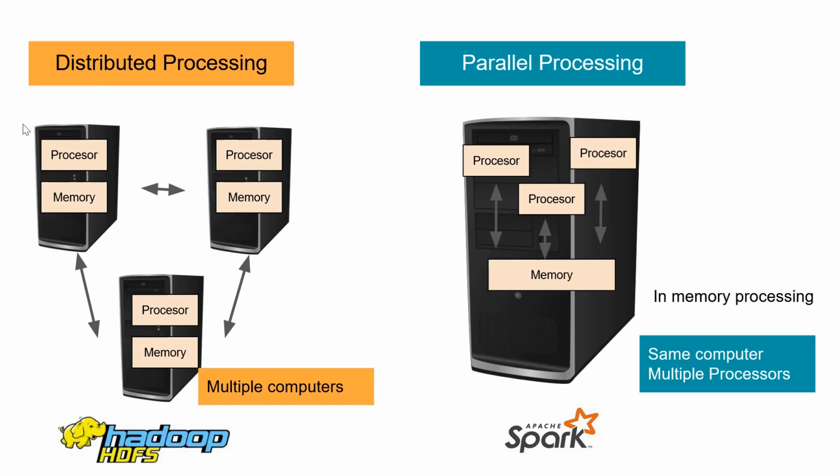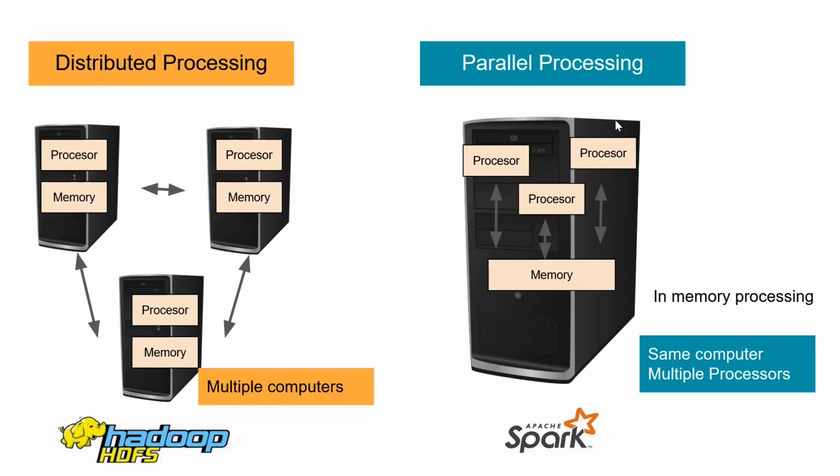If you give a task to a distributed processing application, it will divide that task among the multiple computers available on that cluster, and those computers will perform those tasks simultaneously, and that's how the overall task is distributed among different computers, and all the computers contribute towards processing that task. So that's distributed processing. That's what you have gone through in the discussions of how Hadoop performs, right?